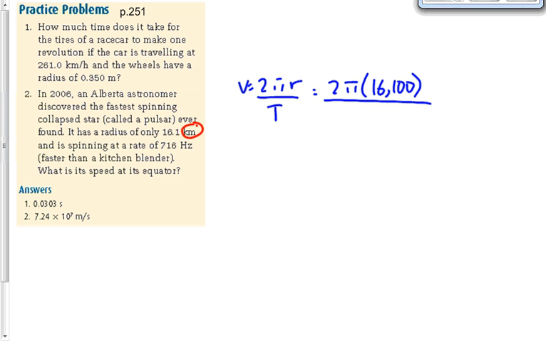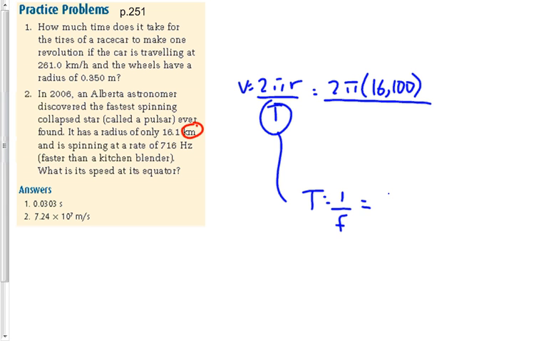Do we know the period? We do not. Let's get it. How do we get the period here? Where does the period come from? This isn't hard. Time over number of cycles. Yeah, the total time over the number of cycles. We could do that, but we don't know what the time is here or the number of cycles. What's the easiest way here? One over the frequency. Period is equal to 1 over the frequency. So period is equal to 1 over 716. We get a period here of